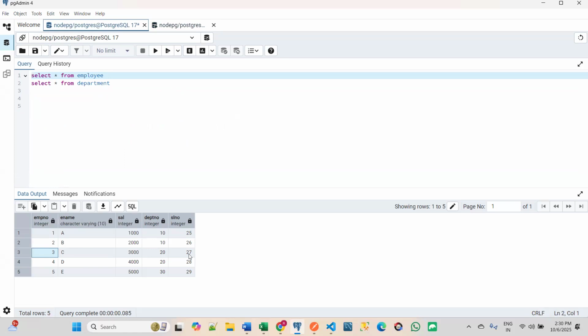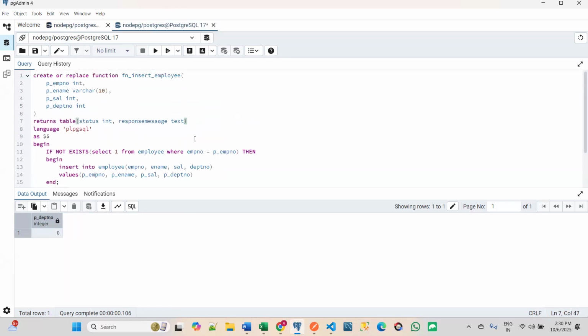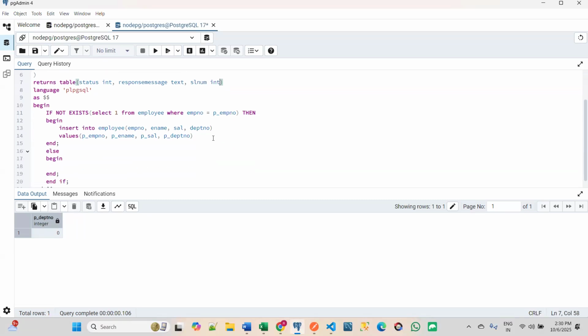Here, I want to get the serial number. Some people will name it as ID, row ID. I want to get the serial number after inserting, then return that serial number also. Serial number integer. Okay. So here, returning serial number,